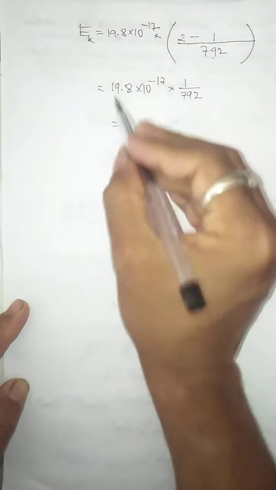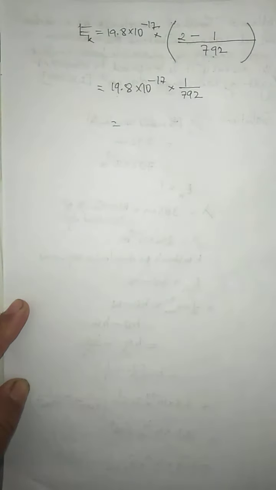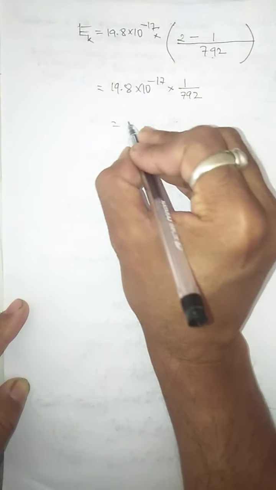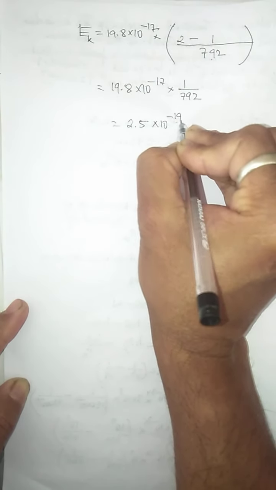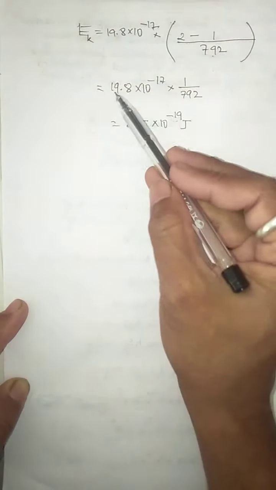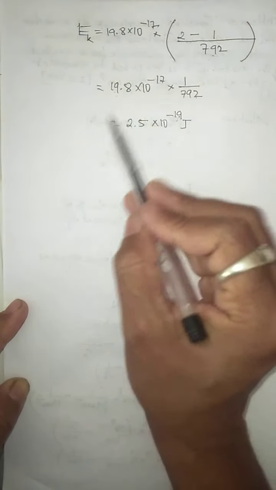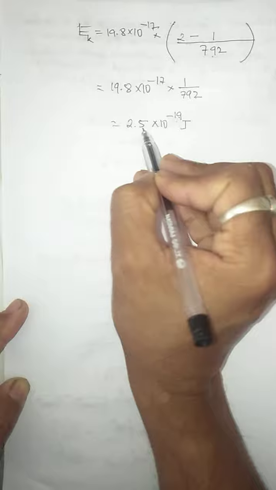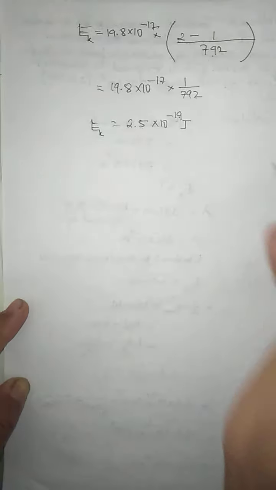Okay. Now we can divide this with the help of a calculator and keep this value in what? In one decimal place, I mean in single digit. If you do the calculation, we can write this value approximately as 2.5 into 10 to the power minus 19, and the unit is what? Joule. So children, you can do the calculation with the help of a calculator. Divide this quantity and keep this power in minus 19, writing this value in one single digit, like 2.5. So it will be 2.5 into 10 to the power minus 19 joule. Okay, so this is the maximum kinetic energy of the emitted photoelectrons.